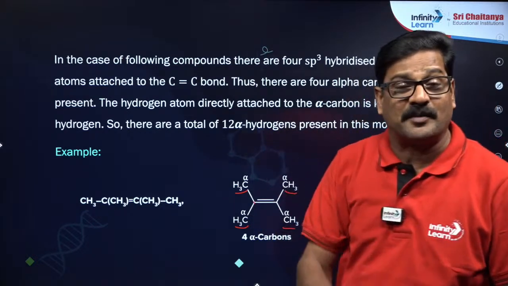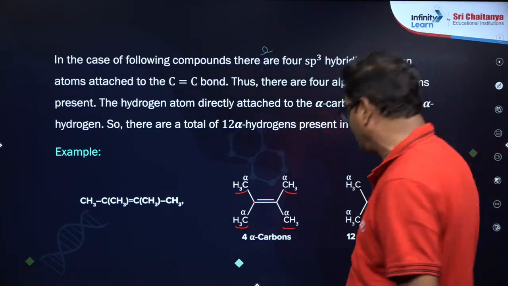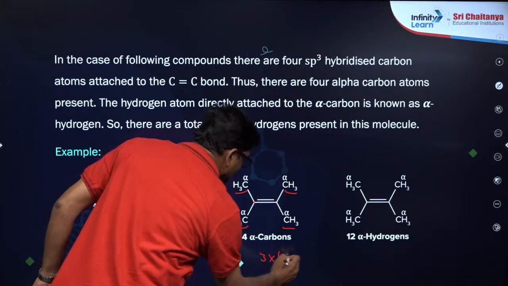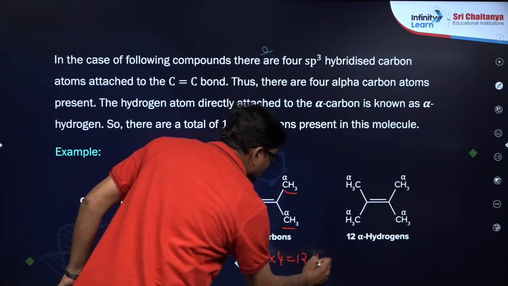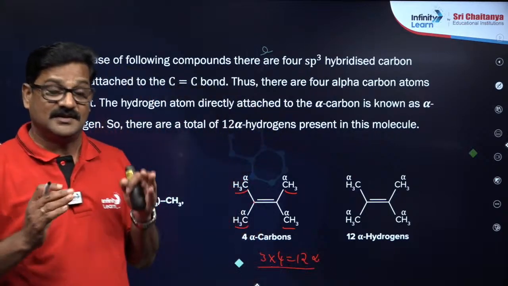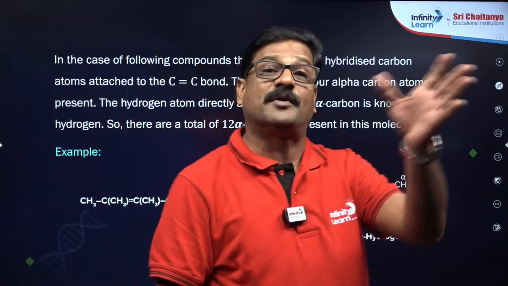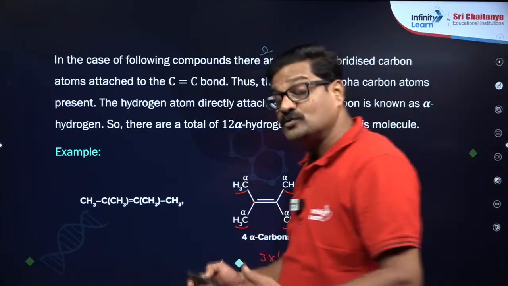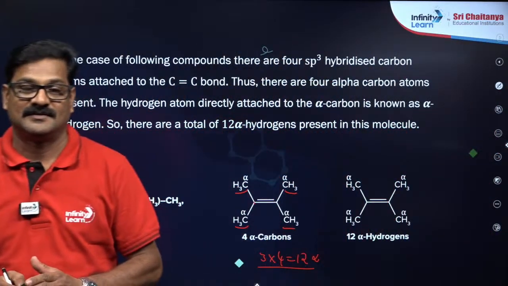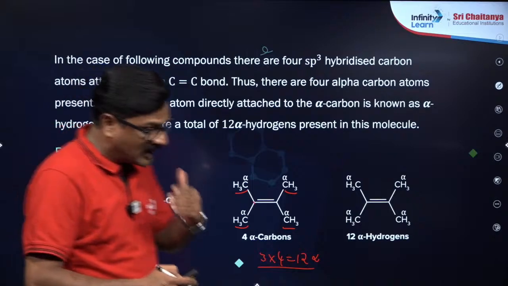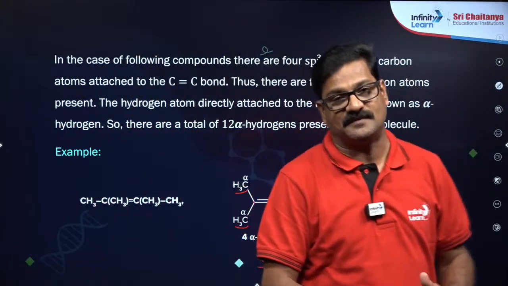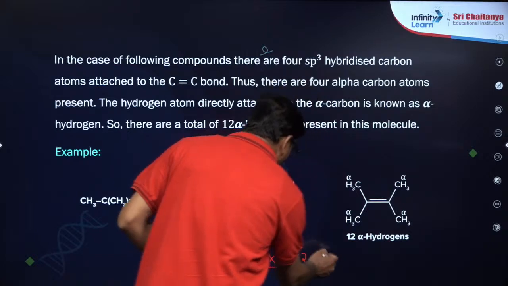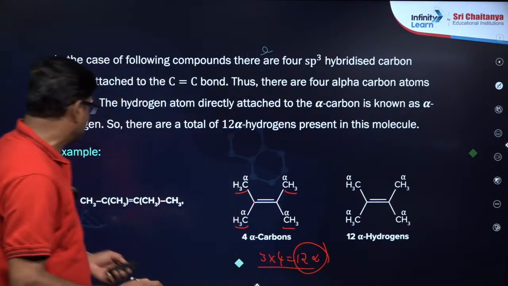Each alpha carbon atom has 3 hydrogens, so 3 into 4 is equal to 12 alpha hydrogens. The more alpha hydrogens you have, the more hyperconjugation, and the more stability. So stability is directly proportional to hyperconjugation of the alkene. If you see here 12 alpha hydrogens, that's what is explained, but